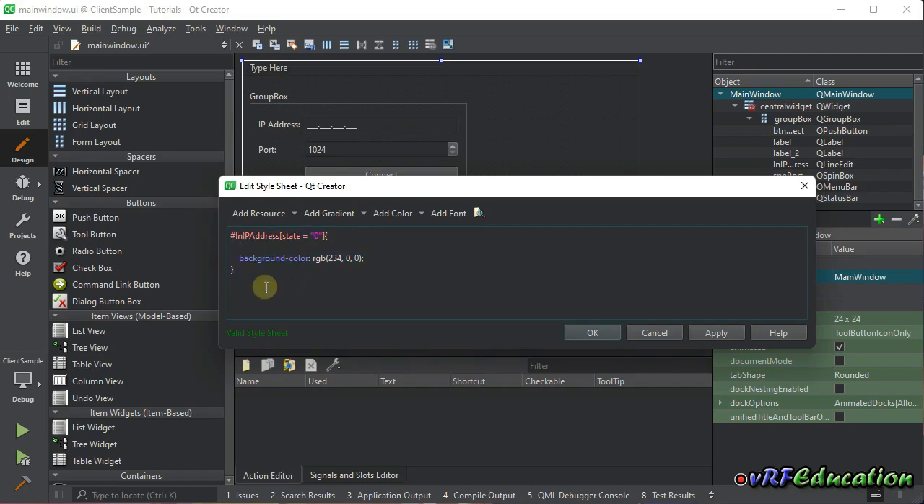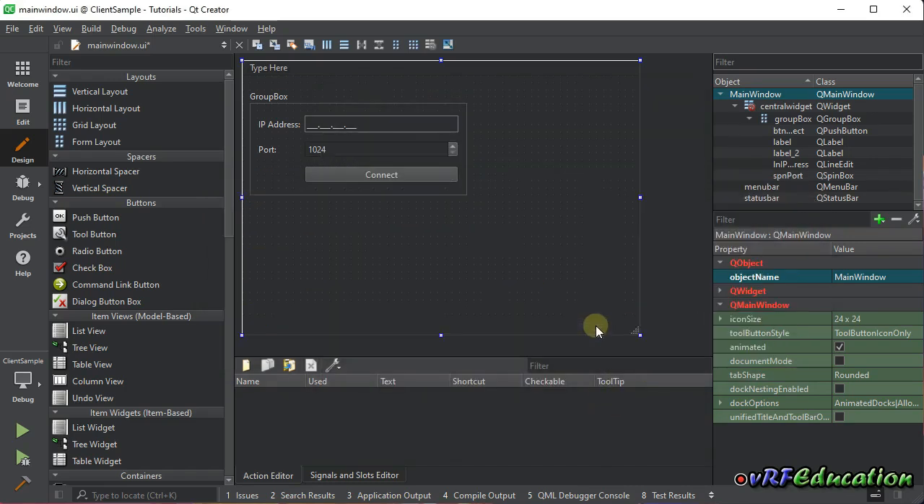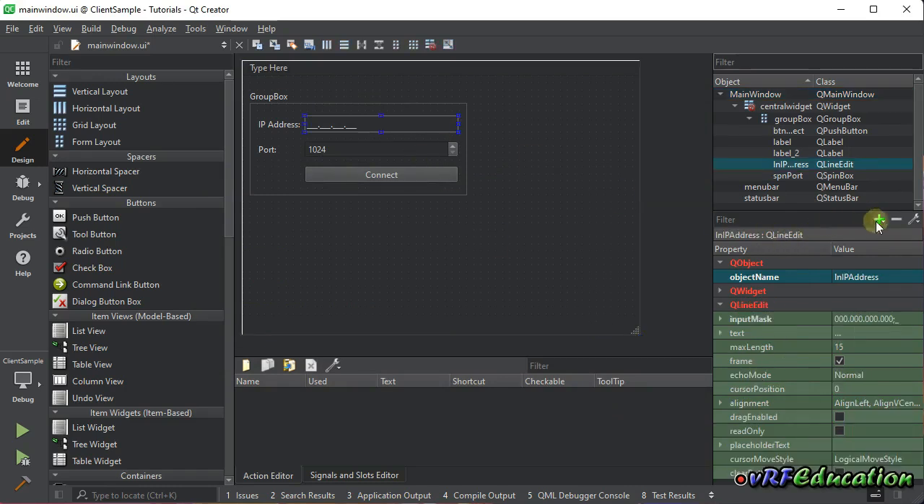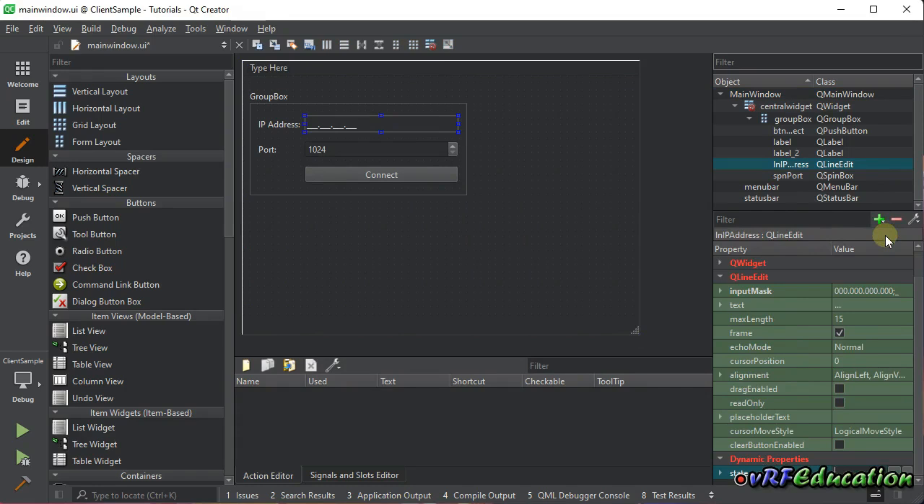And I'm going to copy this one and paste it one more time. And here I'm going to specify a state with 1. State 1 means that the IP entered is valid. So I'm going to add a background color with the color of green, for example. Apply. So if I add a property here, dynamic property, name the state, and I change it with 0, okay,